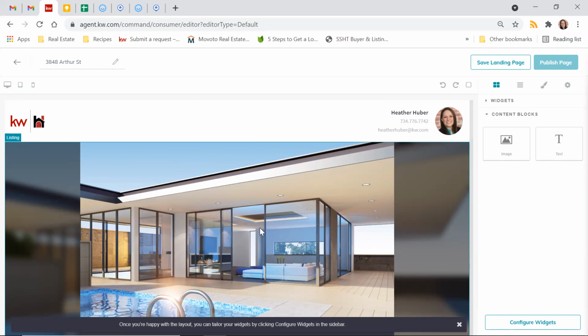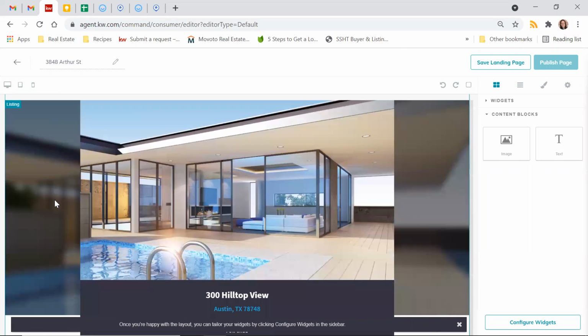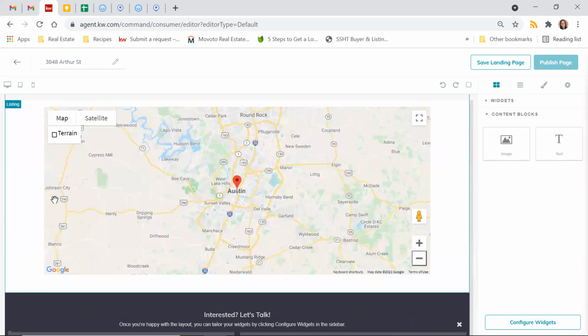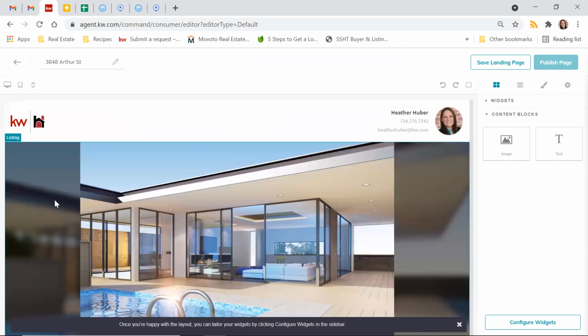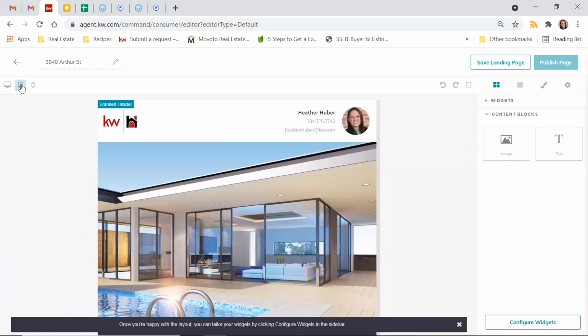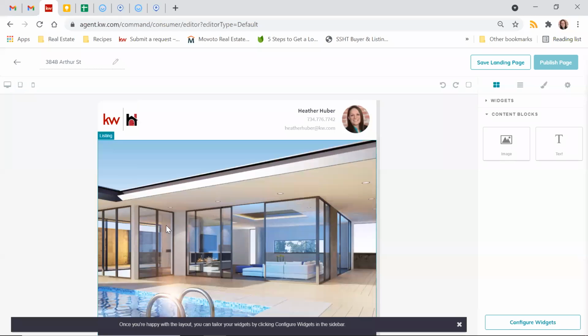I'm not going to configure them just yet because I also want to show you some of these features over here. So this is what I currently have selected. This is what it defaults to, just what a computer view would look like. So if somebody opened this on a web browser, on a computer, this is what it's going to look like. If I click this, it's tablet view. So if somebody's looking at it on a tablet,